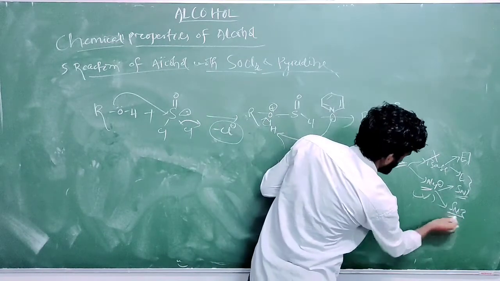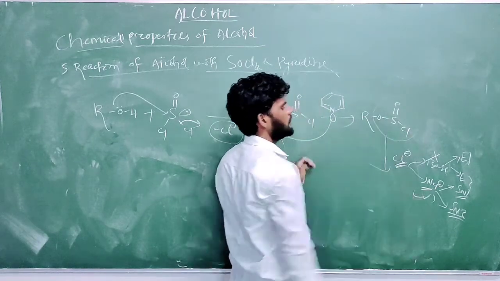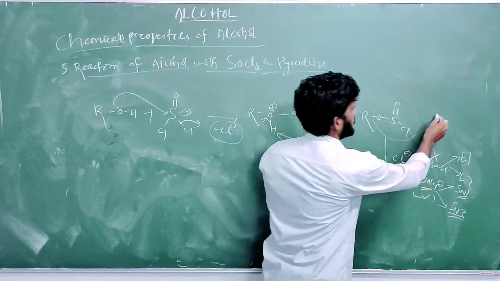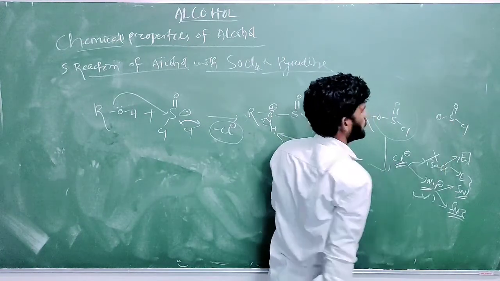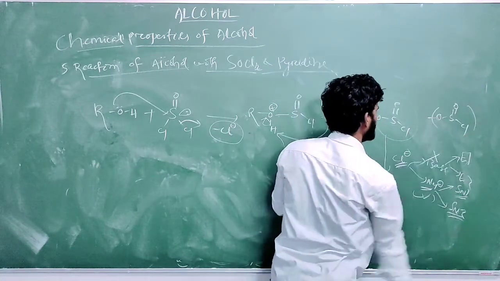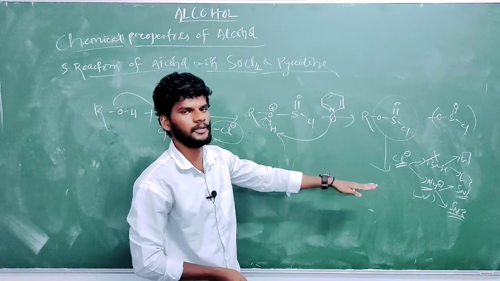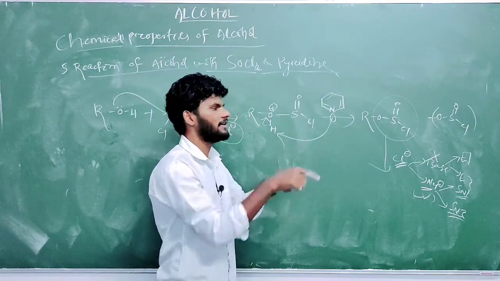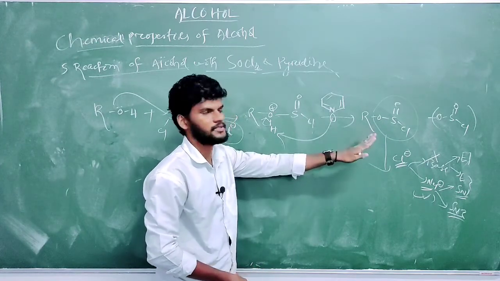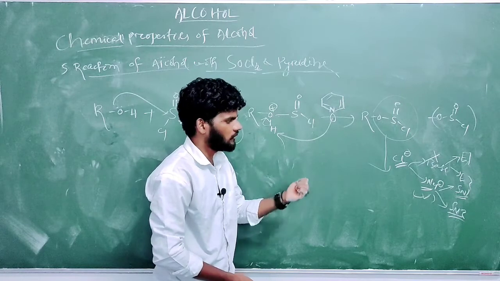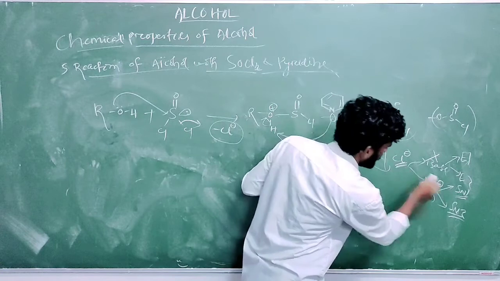So which pathway then? OSOCl is not a best leaving group. If the leaving group is good, then it will undergo which pathway? SN1 pathway. If it is good, then it will release in the first step. So it would follow the SN1 pathway, but the leaving group is not good. So then it will follow which pathway? SN2 pathway.